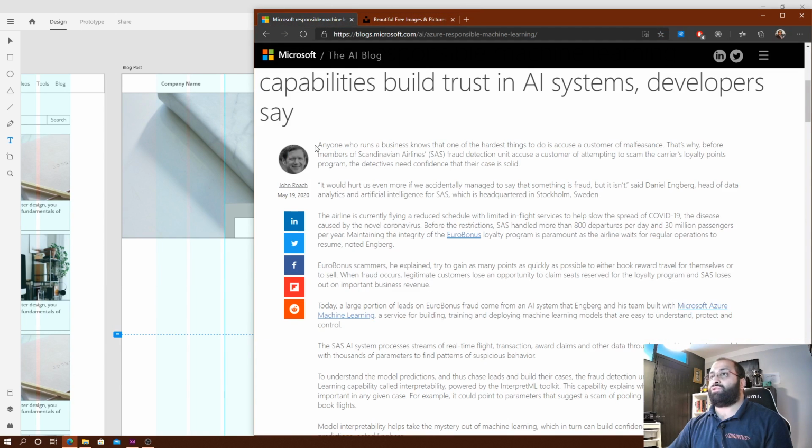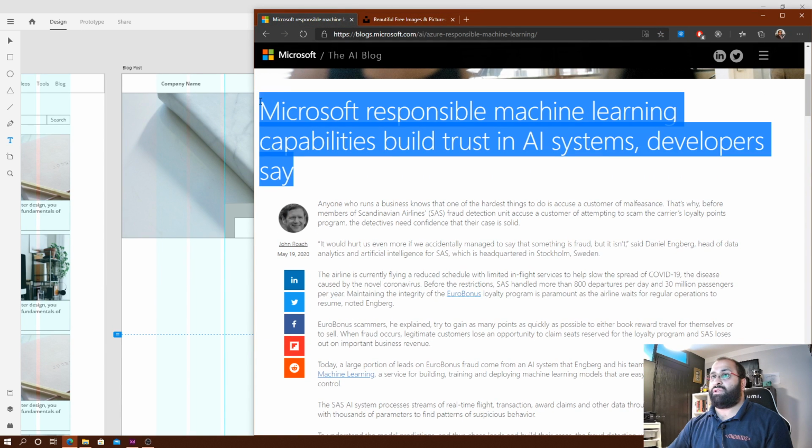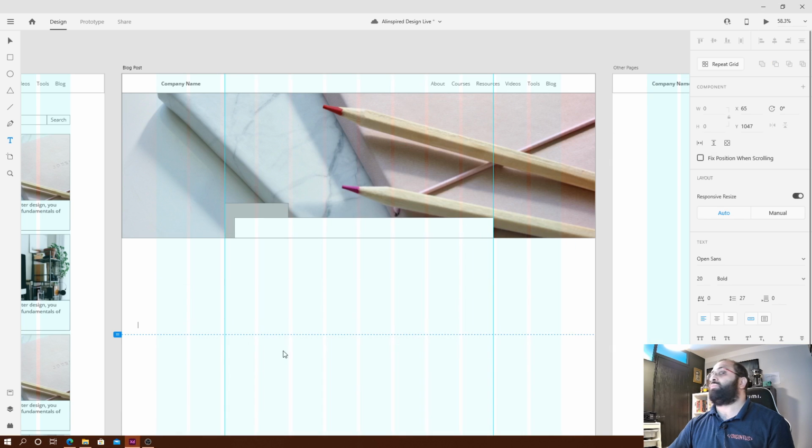Let's take this Microsoft text here. I'm going to start taking some of the text from here. This is just for display purposes. I'm not actually stealing it. It's just a quicker way to kind of